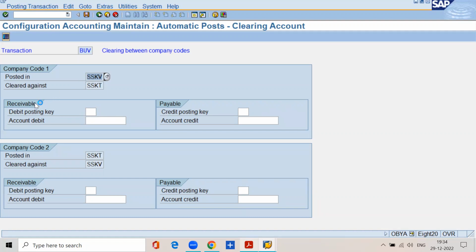Then receivable, debit posting key 40. Account to debit is equal to 2,160, within brackets, Reliance Textiles Limited. Continue. This assignment is necessary